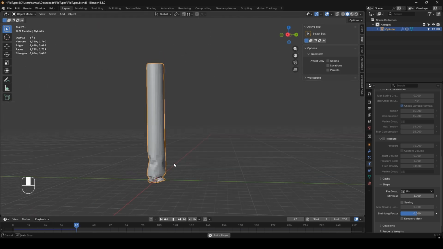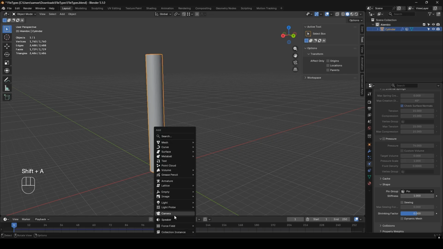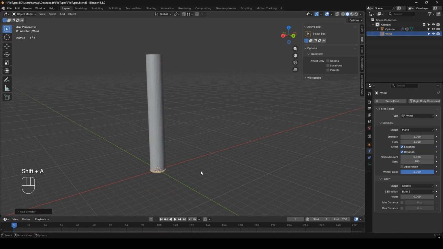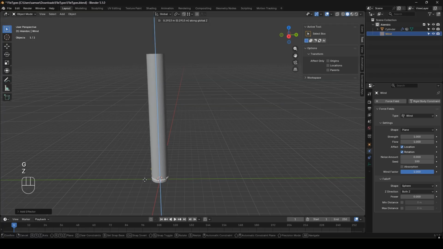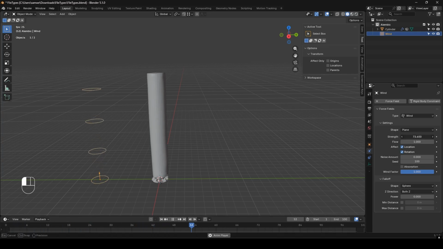So now we can see that all we've got is our collapsing tube. And then what we're going to do is go into our force field and add a wind that points up. Just move it on the Y so we get a visual of how it's going to look, and then we're going to put this to frame 100 because 250 seems a bit excessive, and then we're going to frame all, click play, and then we're going to throw the strength up